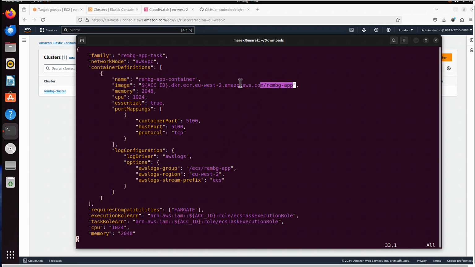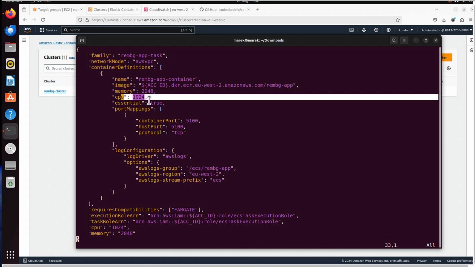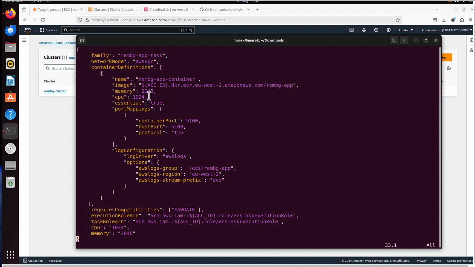Now, I will specify what image I want to use for our container. I mean, that's basically it, yes? Docker image is like a static file, and the container is a running instance of that Docker image. I will allocate 2 GB of memory, and CPU, it might not make much sense when you look at that. What? 1000 CPUs? No, this is just one CPU. 1024 means one virtual CPU. It's done this way because you can have a portion of one CPU. You don't even need to run one. For some tasks, maybe you will put even 512. That will mean half of the CPU.